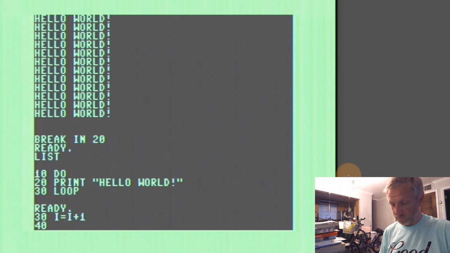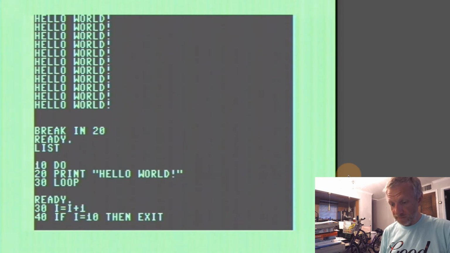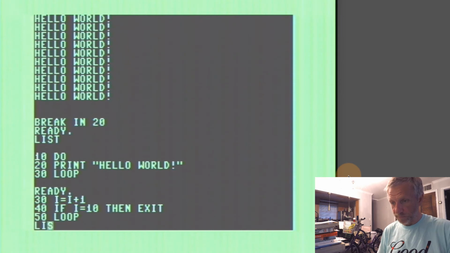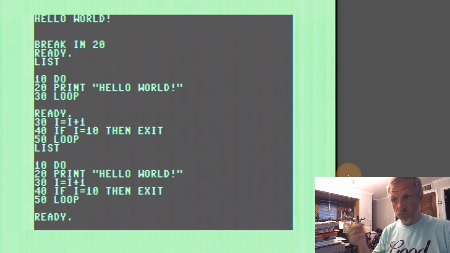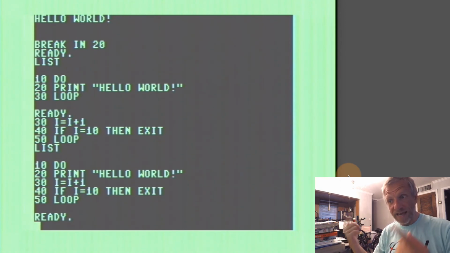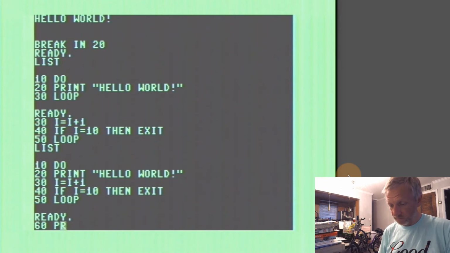And in line 40, I can say if I equals 10, then EXIT. So that is something else we can do. And in line 50, we're going to provide the LOOP command. So this is what our code looks like. DO, print hello world, increment a counter, and then if the counter reaches a condition, then we exit the loop. And then, of course, in line 60, we can also say print